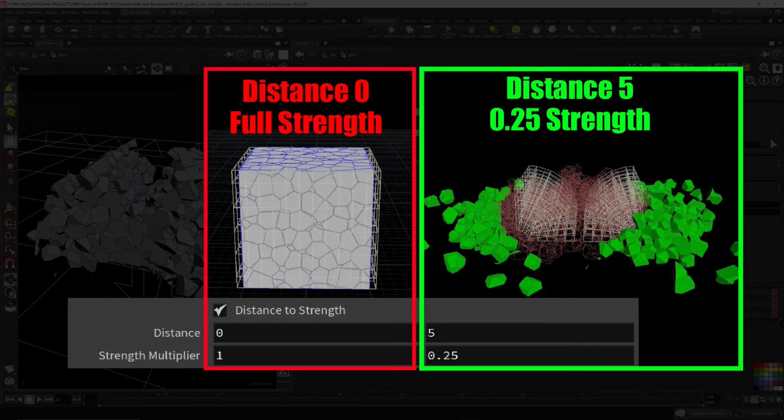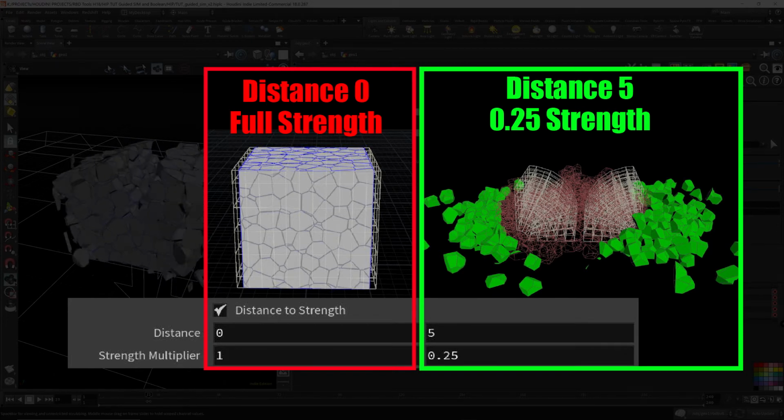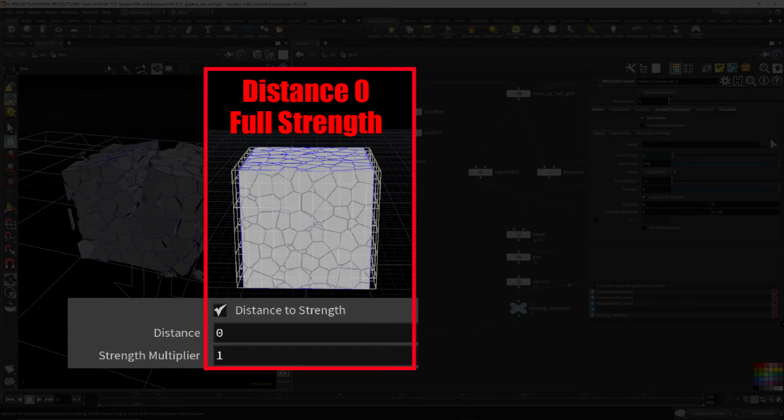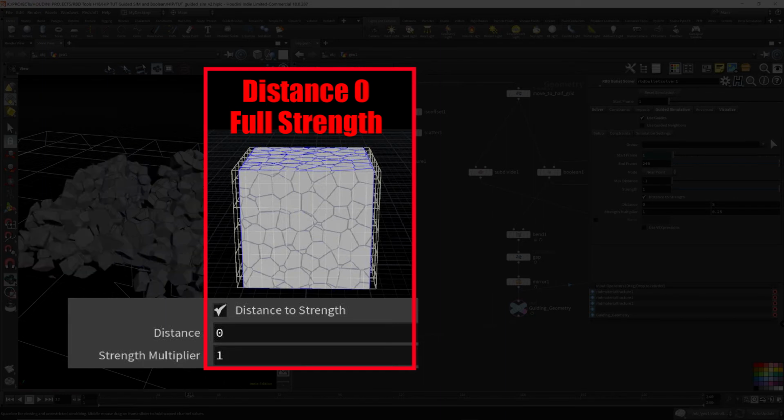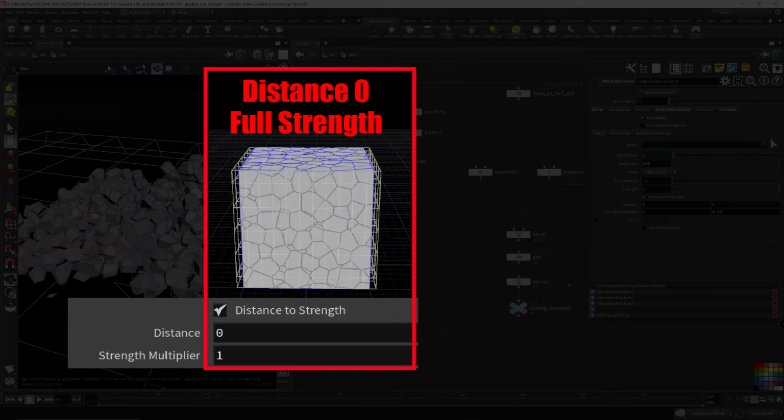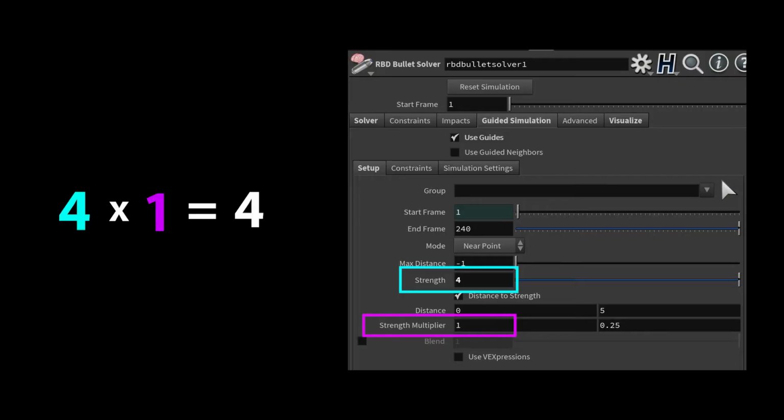Now, this drop-off point, where it loses all influence by the guiding geometry, needs a graceful fall-off. That's where we have this range we can specify in the parameters. This remaps the distance to the strength. At a distance of 0, when the pieces are closest to the influence points in the guiding geometry, it's at full strength because we have set the strength multiplier to be 1. So this is a multiplier. It gets multiplied to the actual strength value. Anything times 1 has no change.